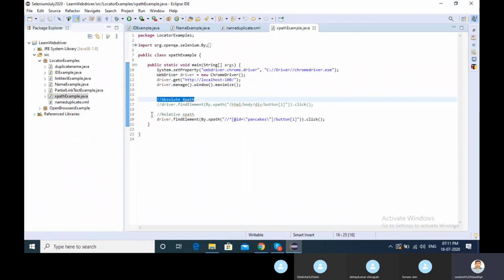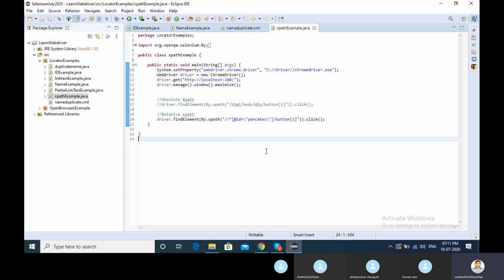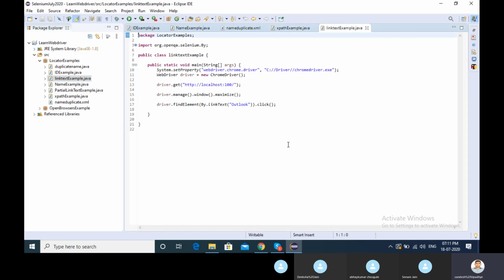And for the relative path, we create our own path. Whatever control or object we want to take, we create the XPath, and we saw a few XPath techniques previously as well. Then we learned that when we have a hyperlink, we can use link text, and when a name is very big, in that case I showed that example with vtiger.